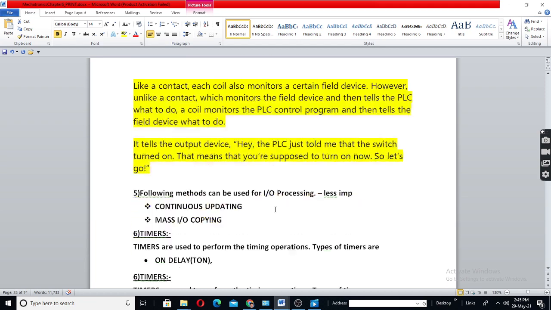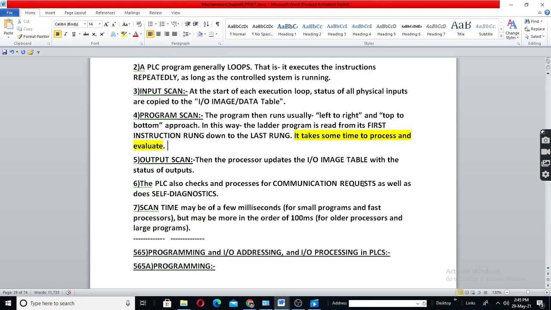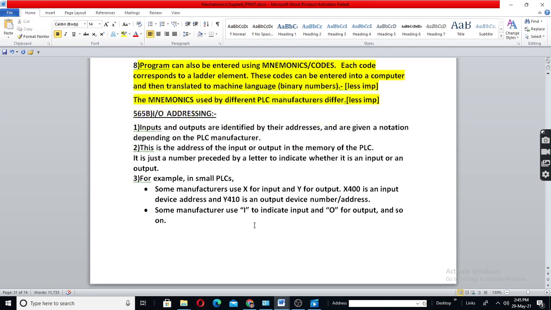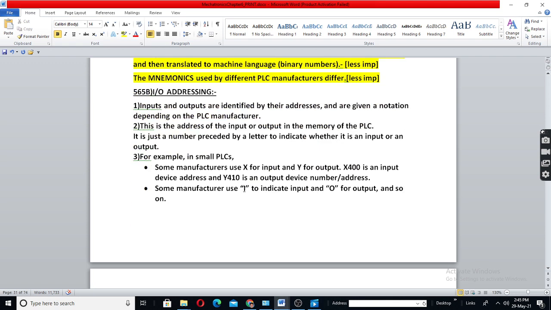This is what is written here. Programming: IO addressing is mentioned. X is used for input and Y for output. That depends upon different manufacturers. Some manufacturers may use I for input and O for output. Depends upon the manufacturer. That will be mentioned in their data manual.